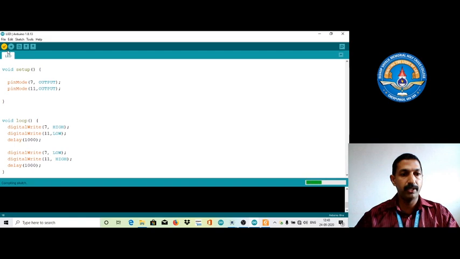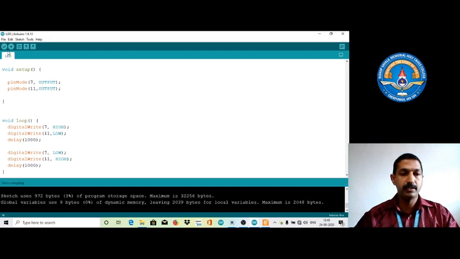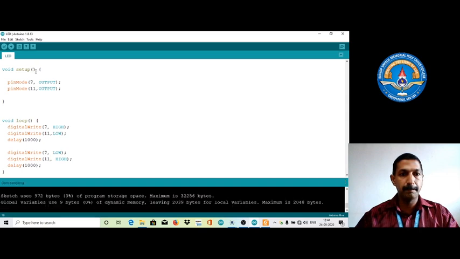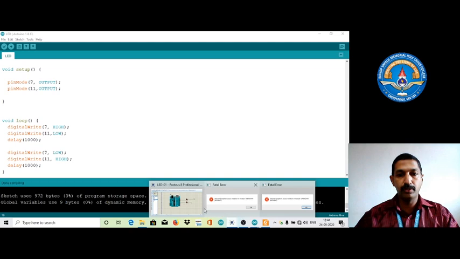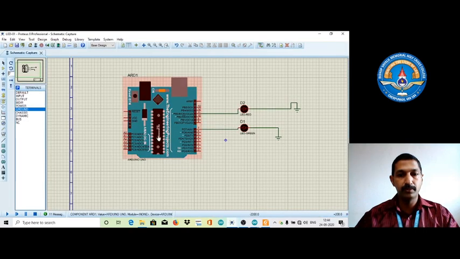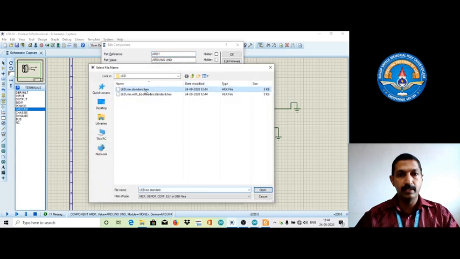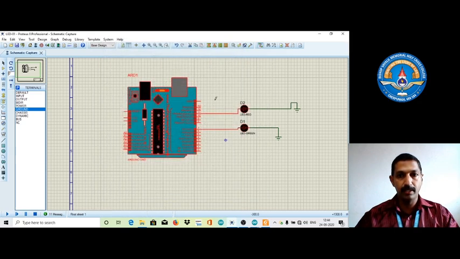Just verifying it. There are no errors. Again we need to export the compiled binary. It is exported. We come back to our Proteus window, change the hex file, okay, and execute.